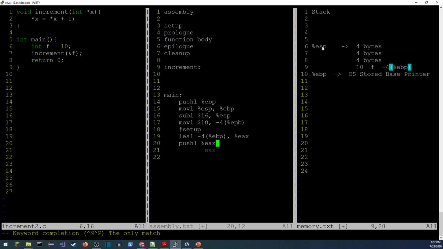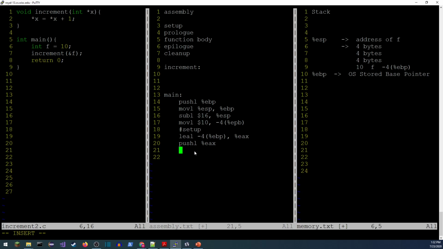And now the stack pointer is right here. That's going to move it up to right here. I'm just going to jot that down as address of F. That's what just got stashed right there. Next thing, after we've pushed it, just like that.